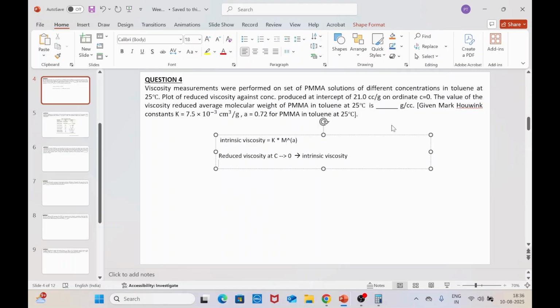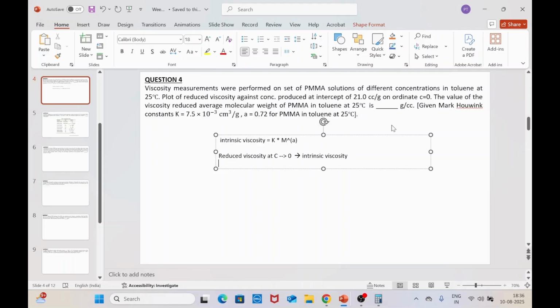Reduced viscosity is nothing but specific viscosity upon the concentration of the polymer solution that you are taking. And what is the specific viscosity? It is nothing but the viscosity of the solute relative to the viscosity of the solvent. So in case of a polymer solvent system like PMMA and toluene, the specific viscosity is the viscosity of PMMA by the viscosity of the toluene,